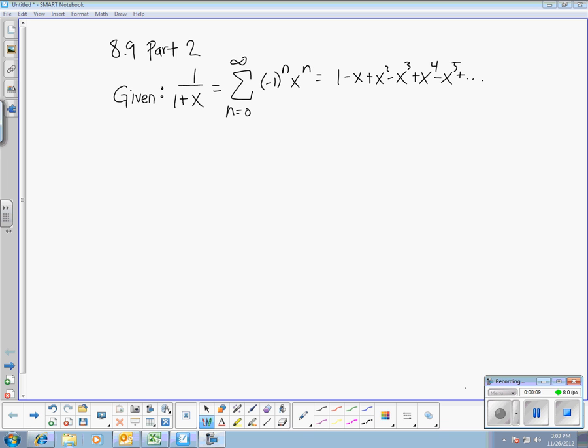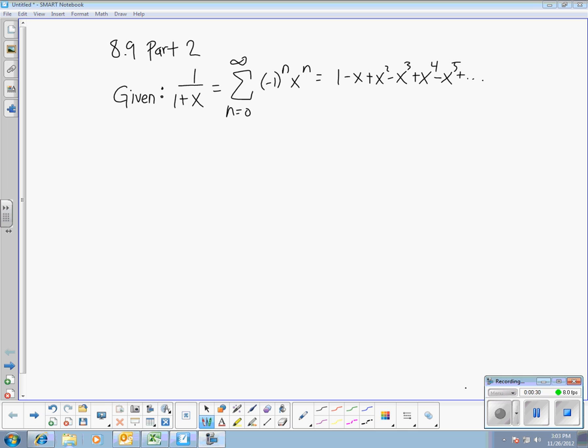This is just an extension of what we've done so far. These problems in 8.9 so far have been based on the geometric formula. And there's one more extension we can do, one more way to do these. If I give you that 1 over 1 plus x is equal to this particular series, which is basically geometric,